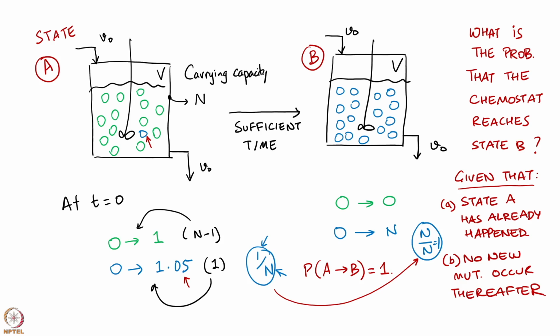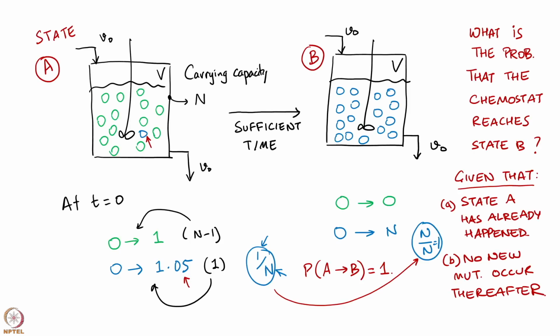However, that is not the case, and it would be a good exercise to pause the video and think of scenarios where this transition will not take place. And these are the two rules that are given to you, that state A has already been reached and that no new mutation will occur thereafter in the system. What should strike you is that the following scenario can happen, that you have this reactor